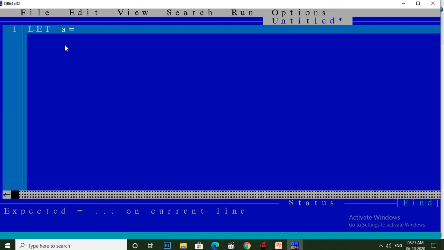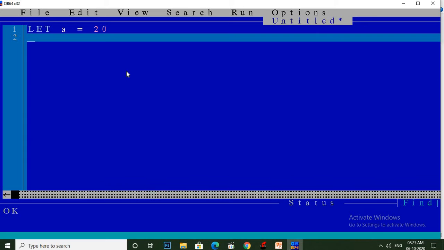Suppose I give the value 20 assigned to a variable. This is our variable name. Now again I am making a second variable: LET b is our variable name equal to 30.